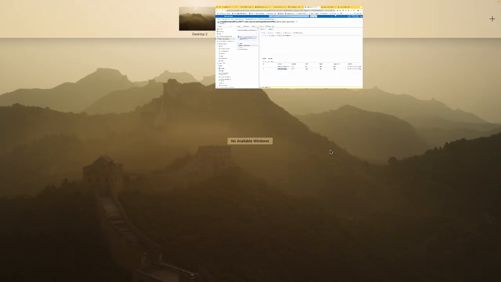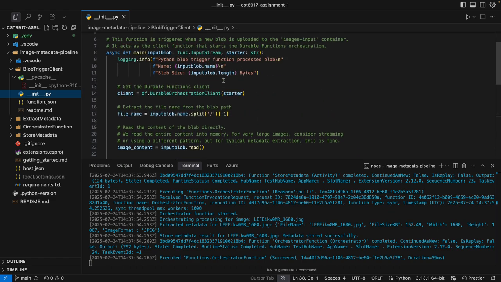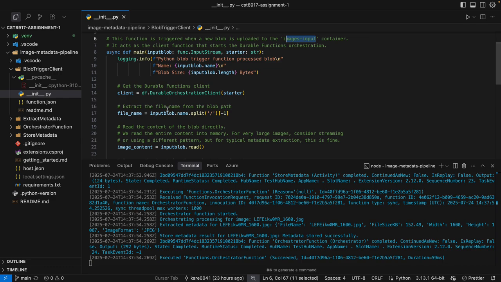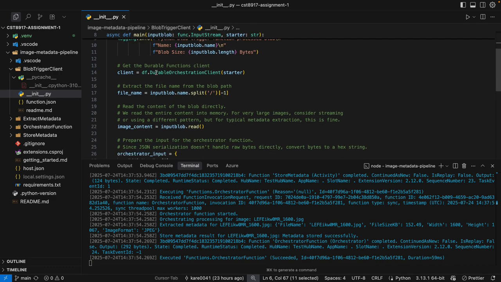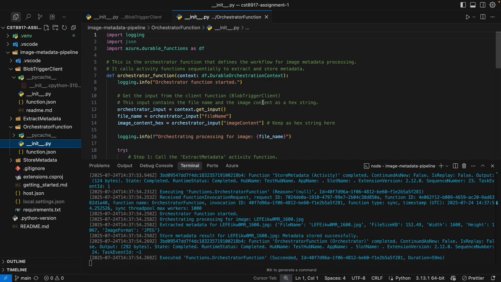So a quick walkthrough into the code. As you can see, there are different functions. So the first function, blob trigger client, is going to be triggered whenever there is a new blob that is uploaded into the images input container, and it's going to start the orchestrator, and the orchestrator, which is here, is going to define